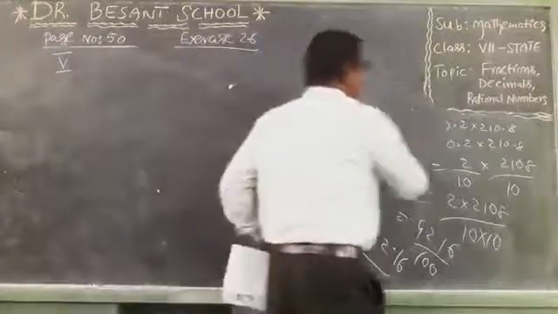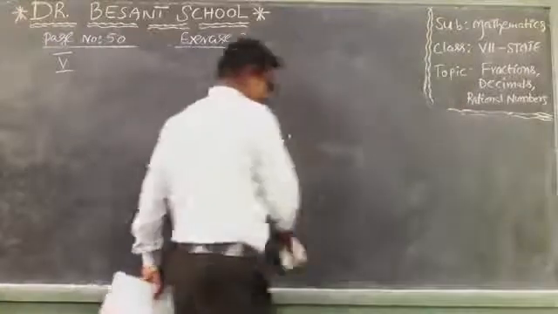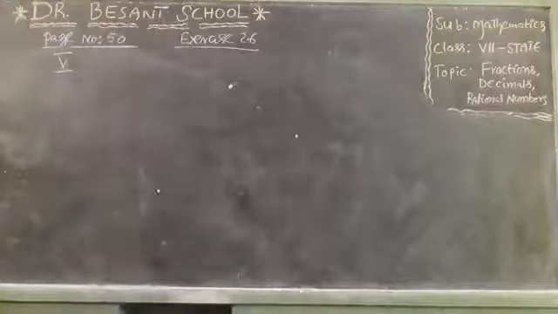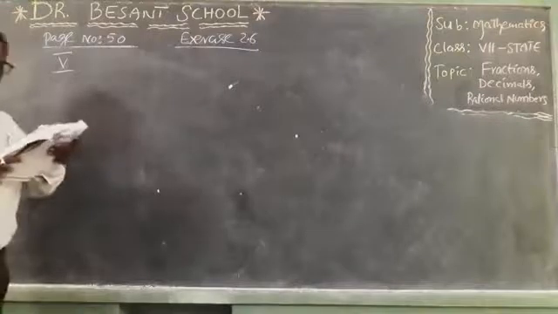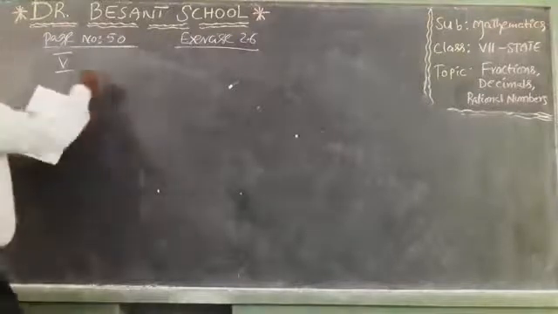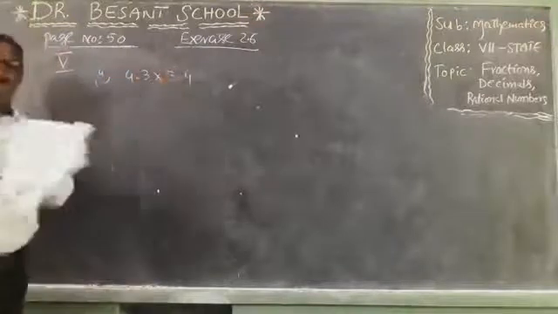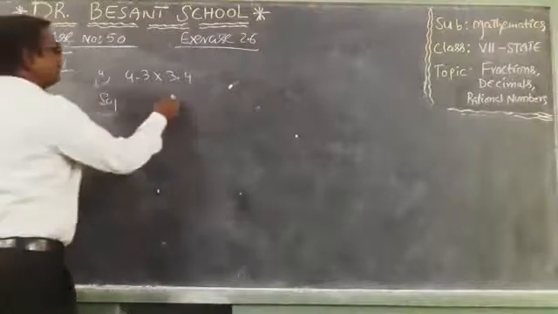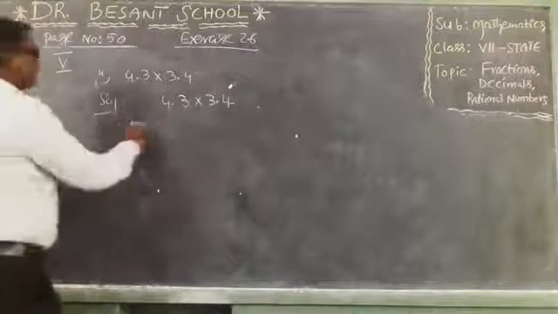Yes, children. Okay. So I hope that you are following how we are doing this without normal multiplication. So how we are multiplying this? First we are converting these decimals into the fractions by making the denominators into powers of 10. Then we are simplifying. Yes, children. See this. In the fifth Roman, first one, second one, third one over. Once verify, fourth one. This is 4.3 into 3.4. Children, you see, this is 4.3 into this is 3.4. Do not do the normal multiplication.